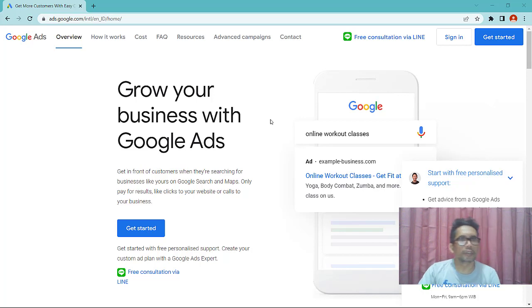Alright, right now, if you have already your Gmail account, you can click on your Chrome and go to ads.google.com. You are going to see a screen like this, and click get started.